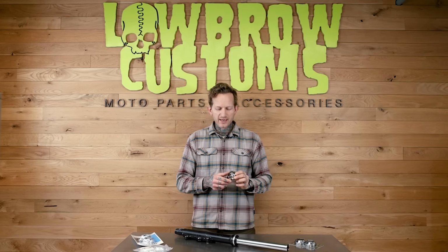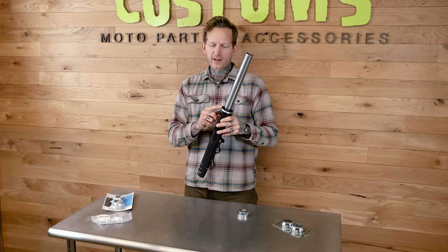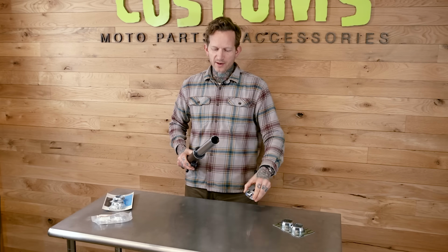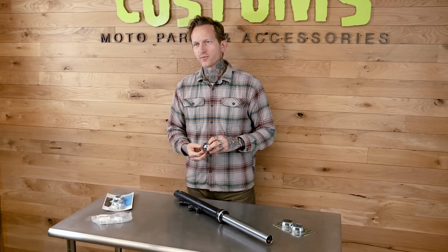ours actually fit. The really common issue with any that are available until now is you would go to install them on your lower legs, and they come nowhere close to fitting. You'd try and beat it on there. People grind down their legs to make the covers fit, grind the inside of their covers to try and make it fit. And we were sick of dealing with that and thought, why don't we just make ones that actually